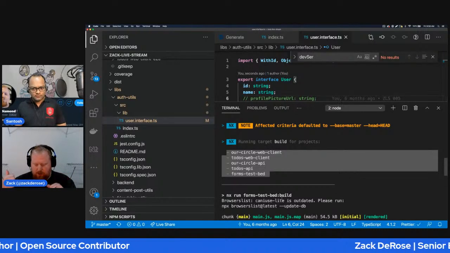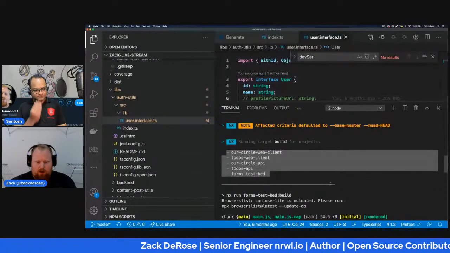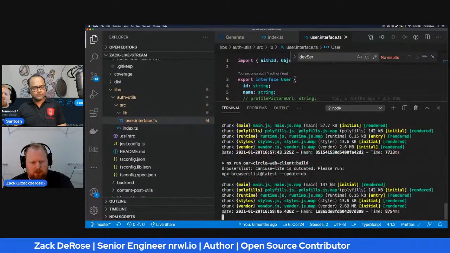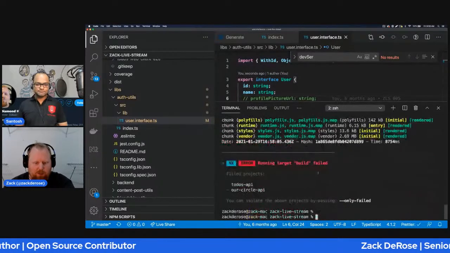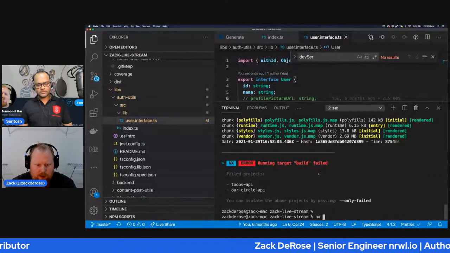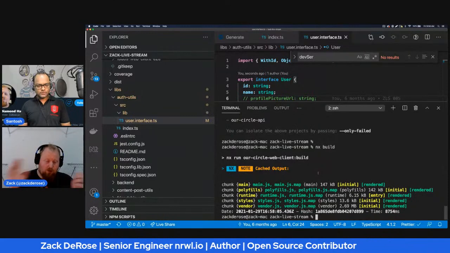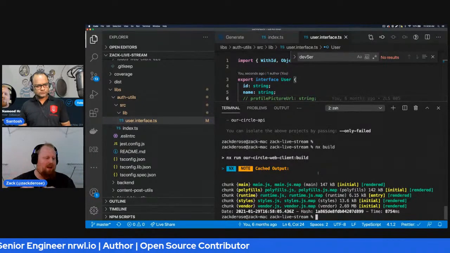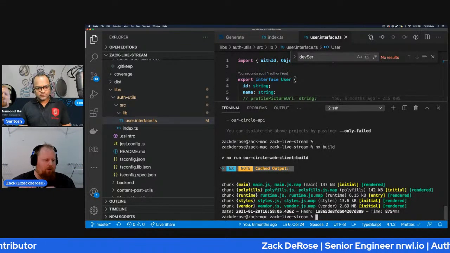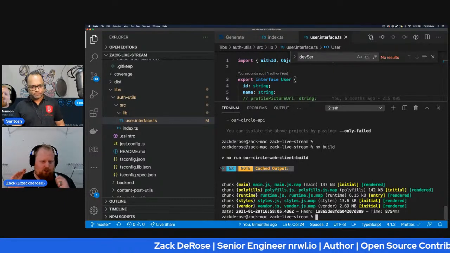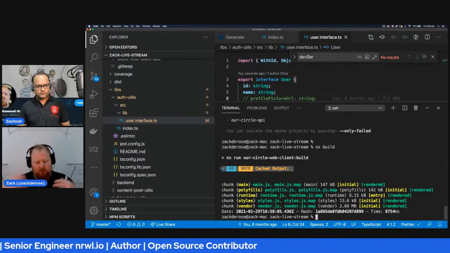In addition to affected, the other really big tool we have for improving build times, let's see, I'm going to go ahead and kill this for now. Looks like we had some errors in there as well, but I'm just going to run nx build, which is going to build my default project, and you'll see, because in the previous step we went ahead and built everything, this project is hooked up to NX Cloud, which is allowing us to cache all of the build artifacts that we've done based on the source code.